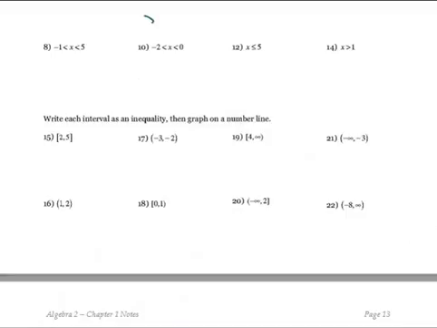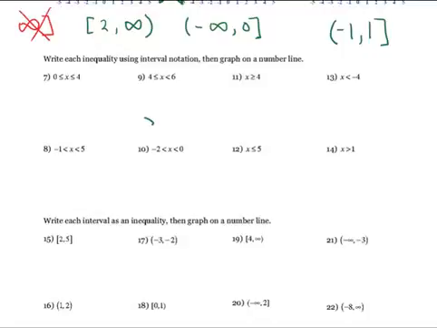Let's go back to page 12. So now that you've looked at the graph and written in interval notation, now we're going to look at inequalities and use interval notation. It says to do the interval notation first, then graph on a number line. You can do that. I often find it easier to look at the graph. Even if I'm not drawing the graph on my paper, once you get better and more proficient at this, you might not be drawing the graph on your paper, but you should still be visualizing it in your head. So we're going to just go ahead and visualize the graph now,